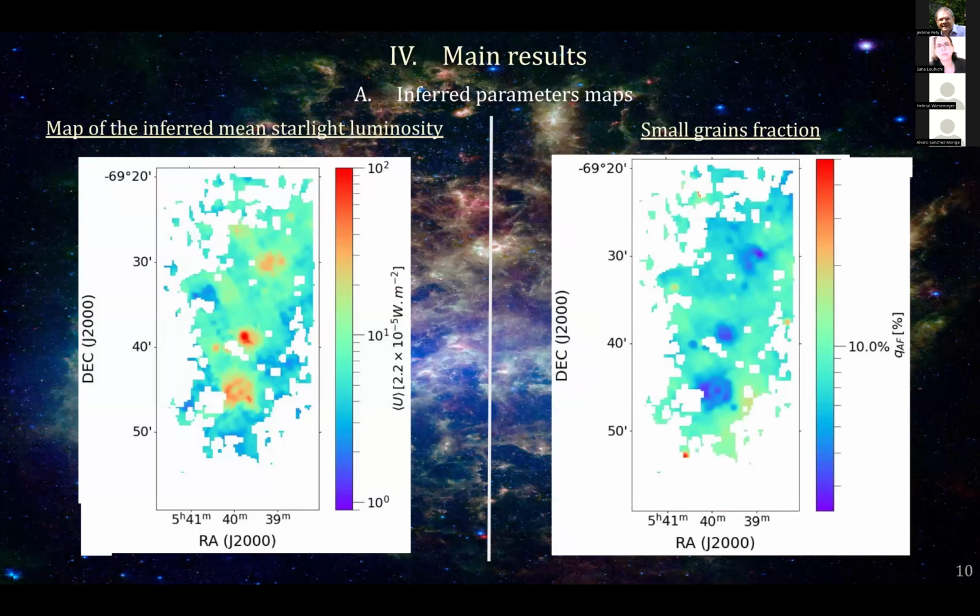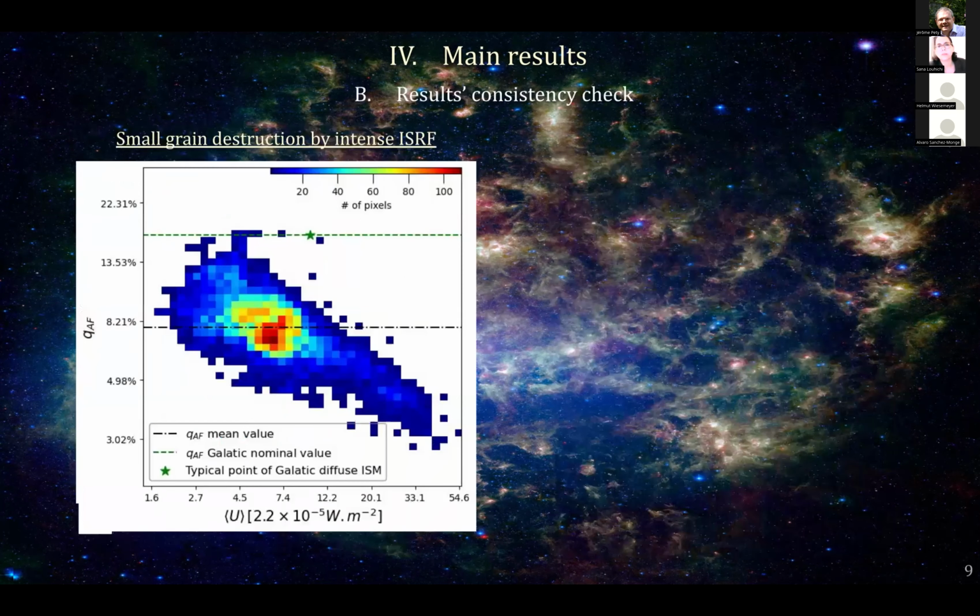So the first maps we looked at were these two maps. The map of the average starlight luminosity or radiation field and the small grain fraction. What we can see is that where the small grain fraction is low, the average starlight luminosity is high. This is what Fred talked about. And we plotted this graph for two main reasons. The first one was to check the consistency of our results. And the second one was